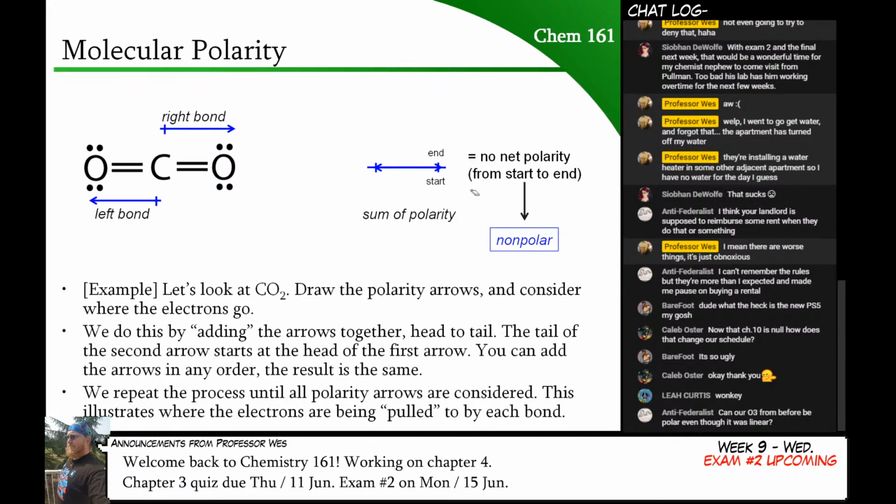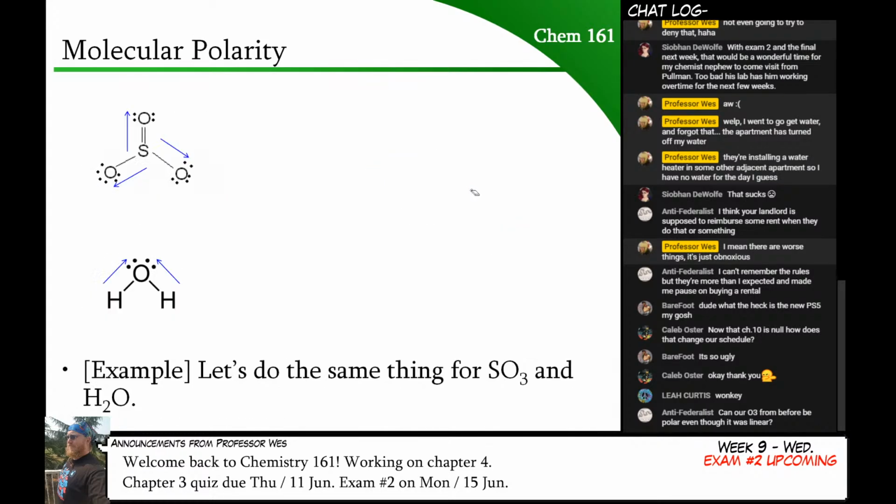So that's CO2, and you can see that, obviously, they're pulled in opposite directions, so the polarity will cancel out. For things that are rotationally symmetric, like SO3, the same thing happens. So here's SO3. I'm going to start down there. And the bonds just pull it all around. Since they're being pulled equally in all directions, the end result is that this isn't polar.